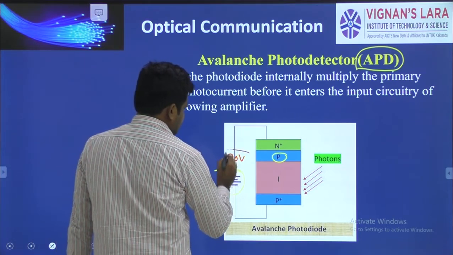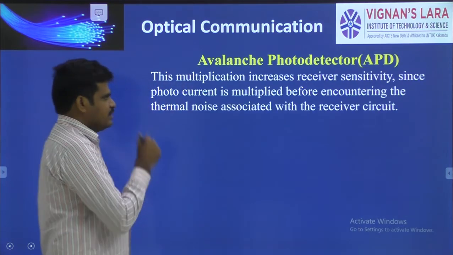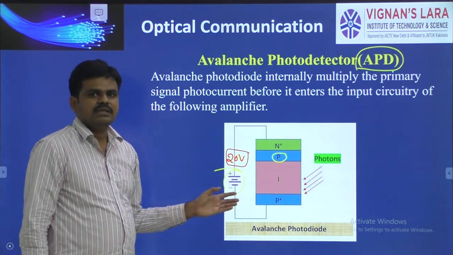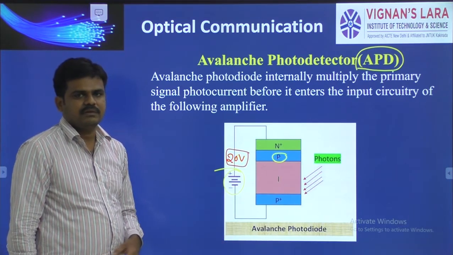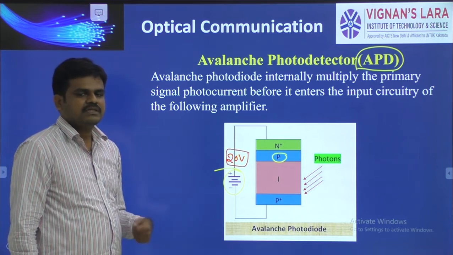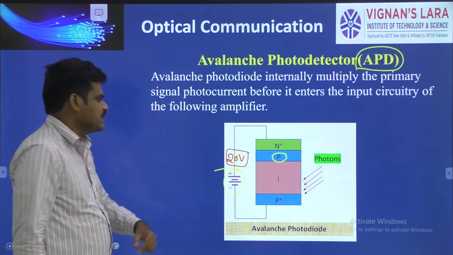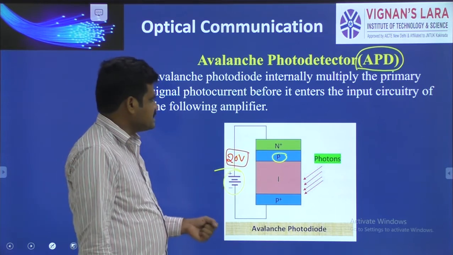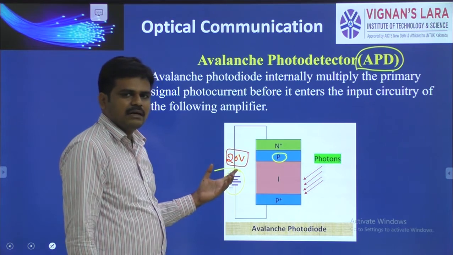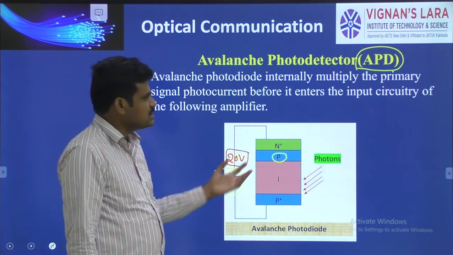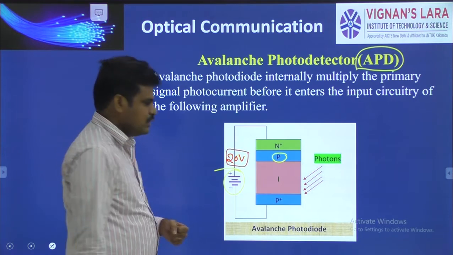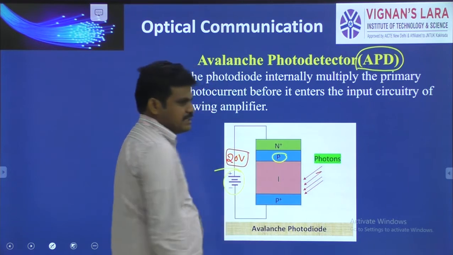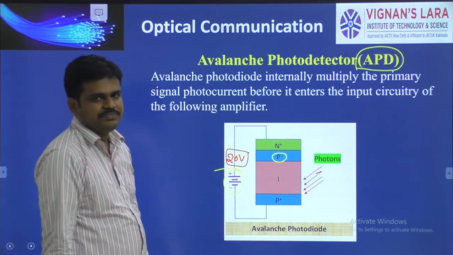Around 20 volts. When compared to the normal pin diode, the reverse voltage applied to the avalanche photodetector is very, very high. What happens when the applied reverse voltage is very high in the case of an avalanche photodiode? You can see here, we are making the light fall on the intrinsic layer of the avalanche photodiode, due to which